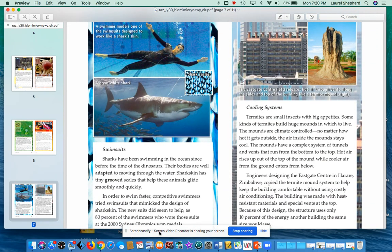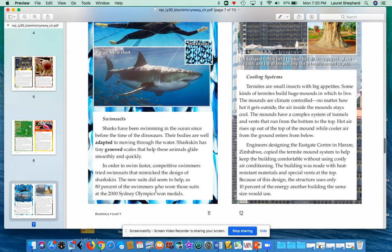Swimsuits. Sharks have been swimming in the ocean since before the time of dinosaurs. Their bodies are well adapted to moving through the water. Shark skin has tiny grooved scales that help these animals glide smoothly and quickly. In order to swim faster, competitive swimmers tried swimsuits that mimicked the design of shark skin. The new suits did seem to help, as 80% of the swimmers who wore those suits at the 2000 Sydney